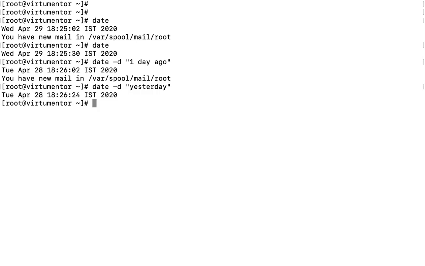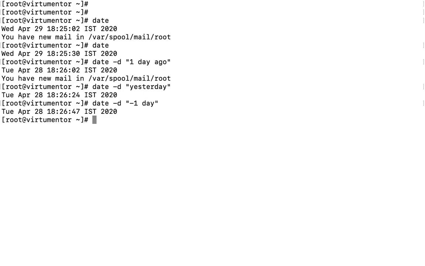This will also print yesterday's date. And there is one more way, where we can use the plus and minus symbol: date -d "-1 day". So this will print yesterday's date.